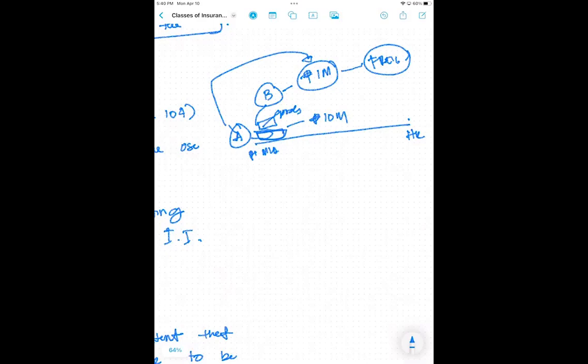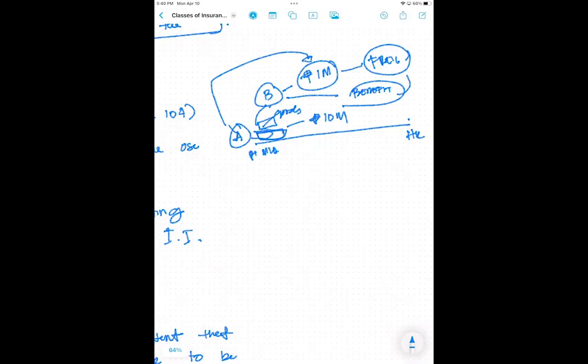The same with B. The goods are worth 10 million pesos, but the question here, may benefit pa ba? Does B expect certain benefit from the delivery of the goods? In this particular case, if yes, then this will also be